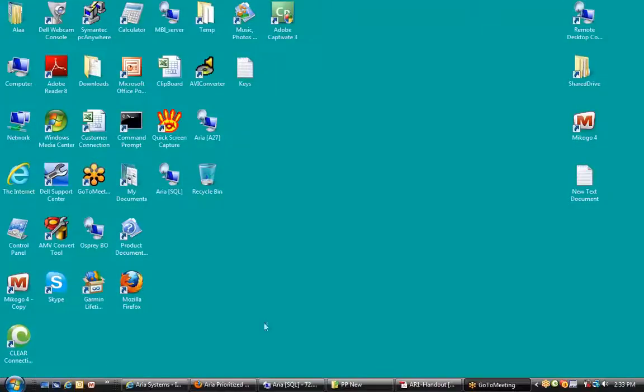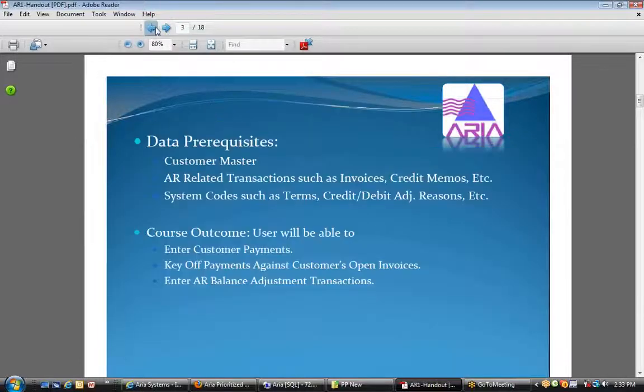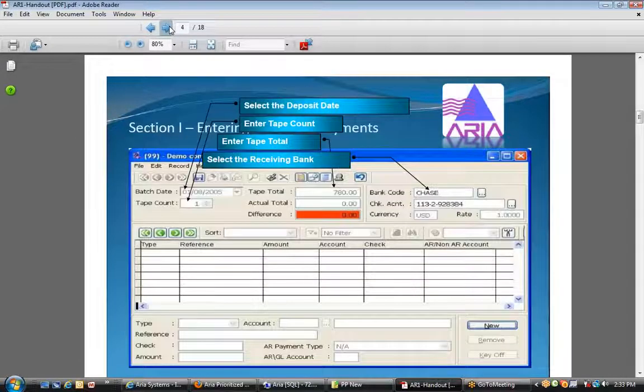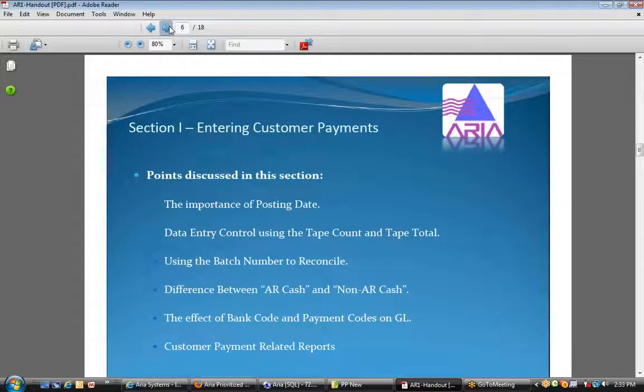So let's go back to recap, or to see what we have in our agenda for today. So this is actually what we discussed: how to enter a payment and how to key off the payment against invoices or against any kind of debits. We discussed the importance of the batch posting date, the data control using the batch deposit tape count and tape total, how to use the batch number because it's key information that shows up on most of the reports,